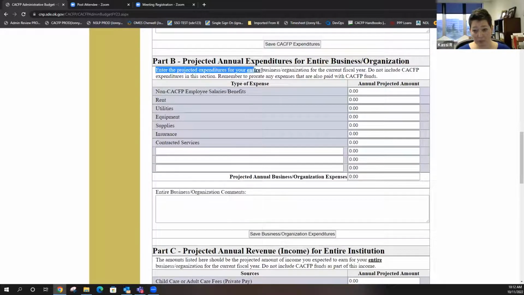This is where you're entering your projected business or organizational expenditures. It's not going to be exact. It's a projection. It should be kind of like how you do your taxes. You guys should have a general idea of what it costs you for all your salaries and benefits, and your rent and your utilities, and anything else that we may not have listed here, you can type in whatever you want. We don't care how you spend your other money. We just have to know that it's spent. Okay. And it's just a projection. Does that make sense here?